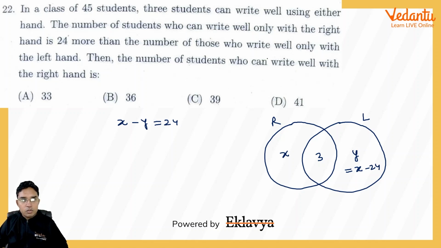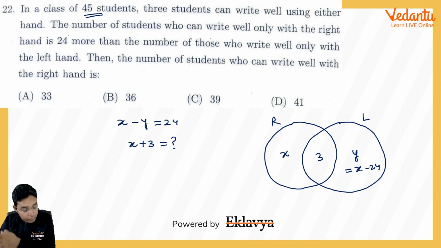Number of students who can write well with the right hand. So we have to find, I think, x plus 3. This is what we are looking for. And also I'll assume that all students are able to write. So either they will be well with the right hand or with the left hand or both. So the sum of all these 3, x plus x, 2x minus 21, will be 45